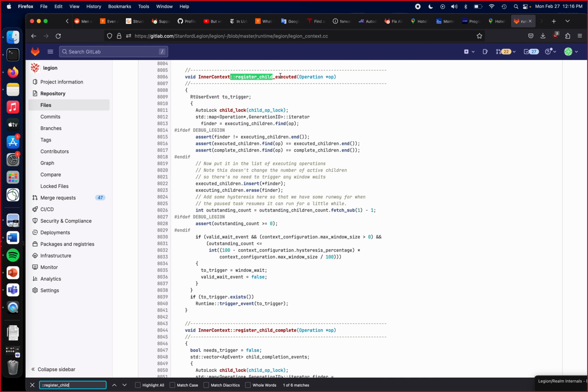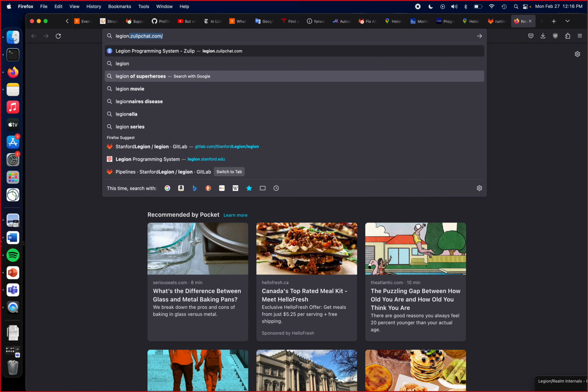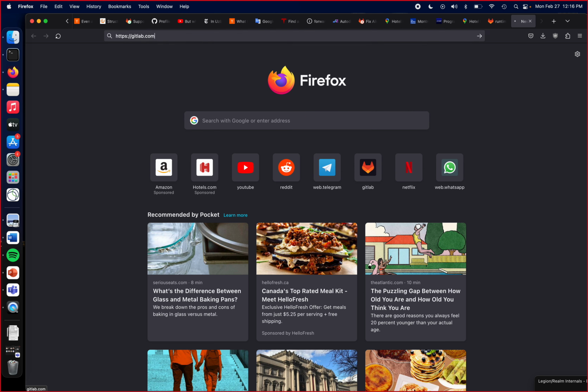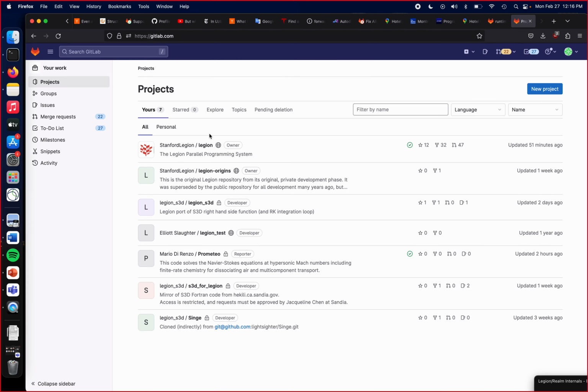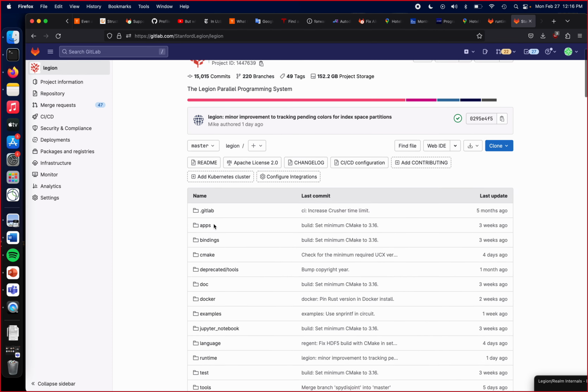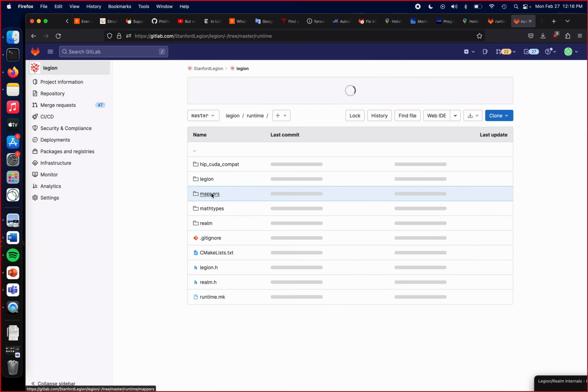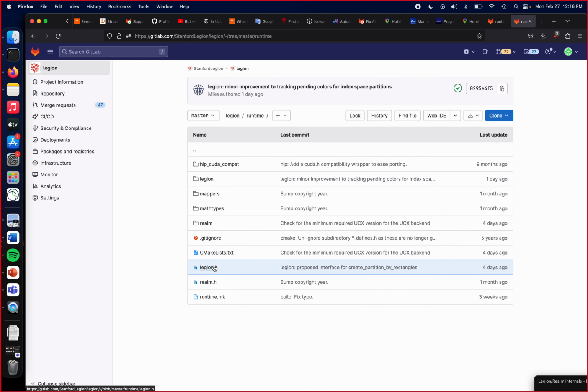For those of you that are familiar with the Legion mapping API, and I know not all of you have, let's do a quick diversion into the mapping APIs, because this is going to tie into the mapping API and how the mapper sees certain things. So if we look in the Legion mapping API,